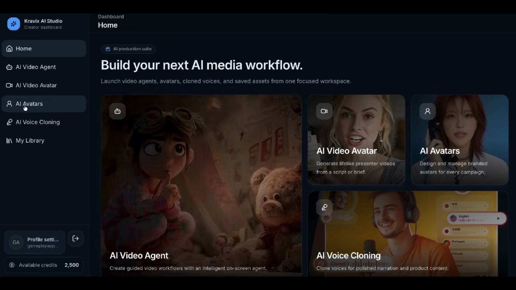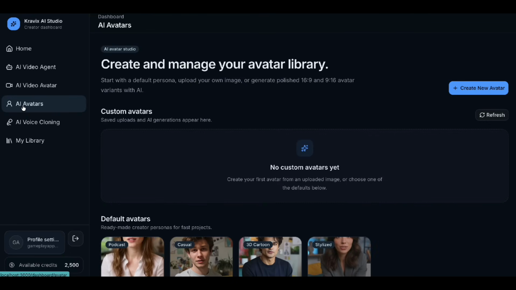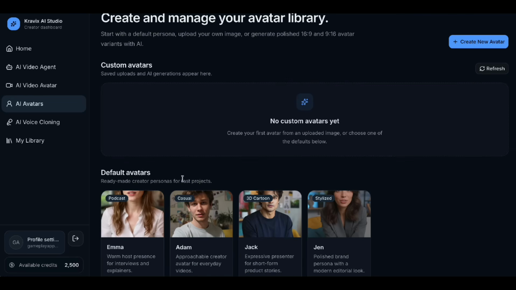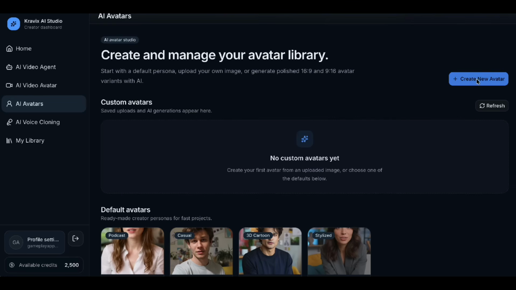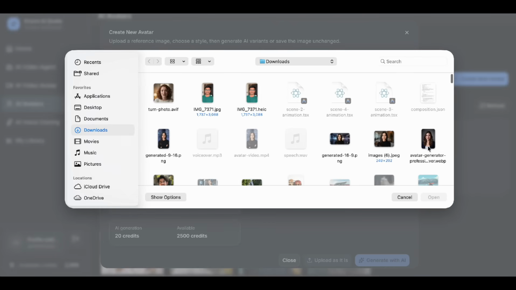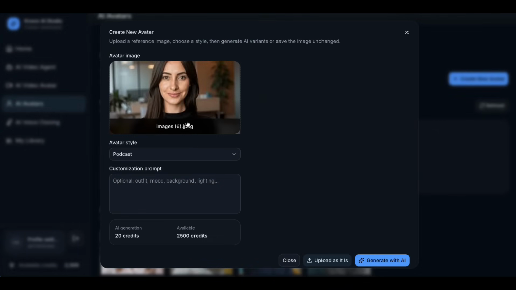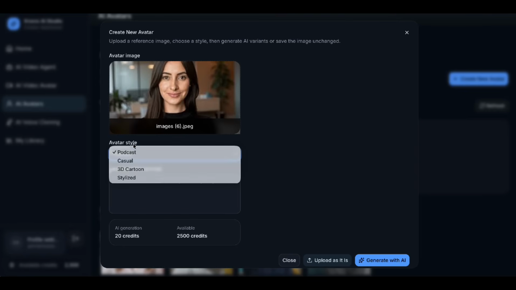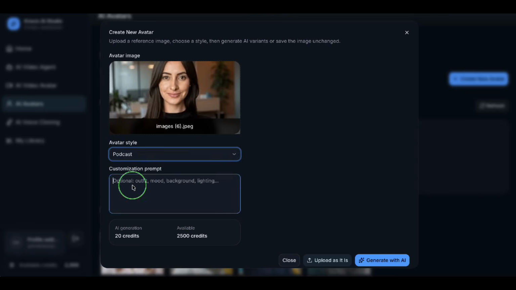Let's start with the AI avatar. Now this AI avatar basically helps us to create your own avatar. You also have some default avatars which you can use to create your podcast style video. But let's create a new avatar with our own image. Now simply select the existing avatar or just your image, then select the avatar style from the list. You can even add a prompt like change the outfit, or a background if you want any specific, and then simply